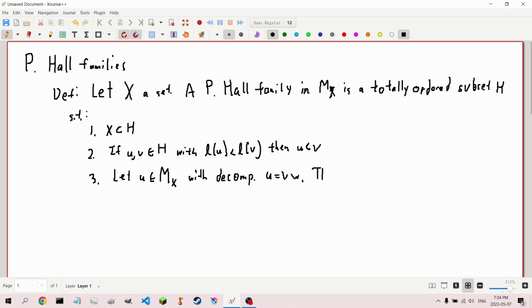And then U is in H if and only if, and there's two conditions here, A: V and W are in H,